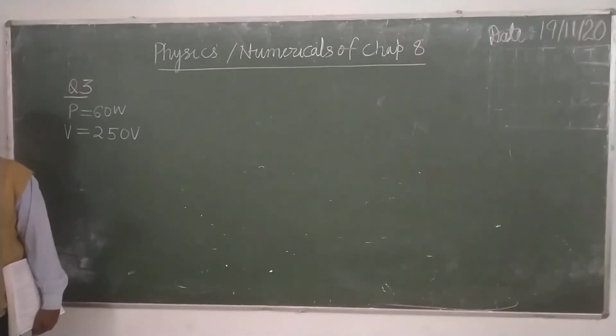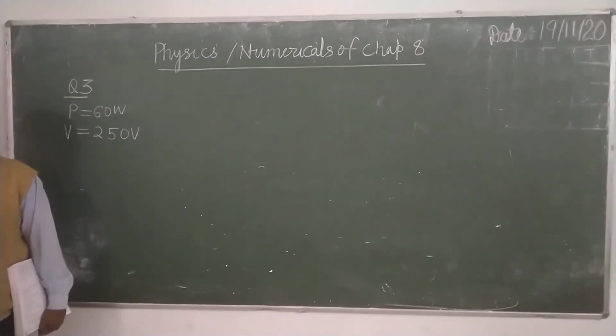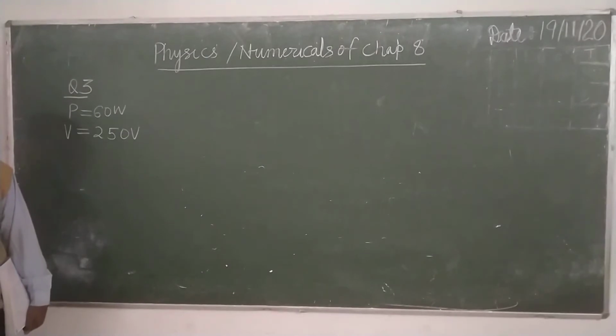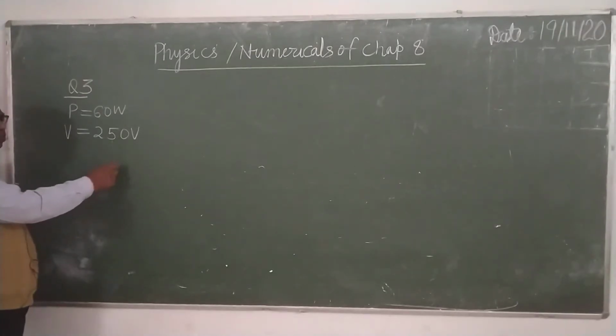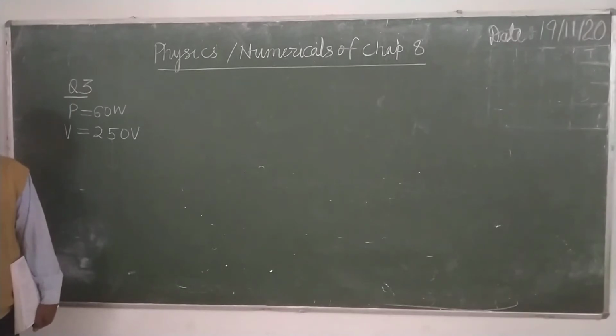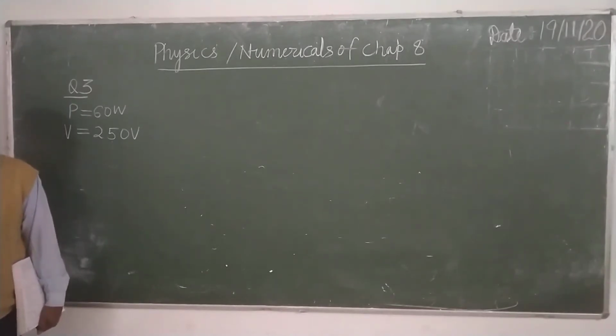But suppose the supply voltage reduces, because we don't have any control over the supply voltage. If it reduces, then what will happen? It will consume less power. Supply voltage is slightly increased. It should not be that it goes from 250 volt to 500 volt, then nobody will be able to save it. Understood? So suppose it becomes 270 volt. In that case, it will consume more power. It is clear, means more energy per second.